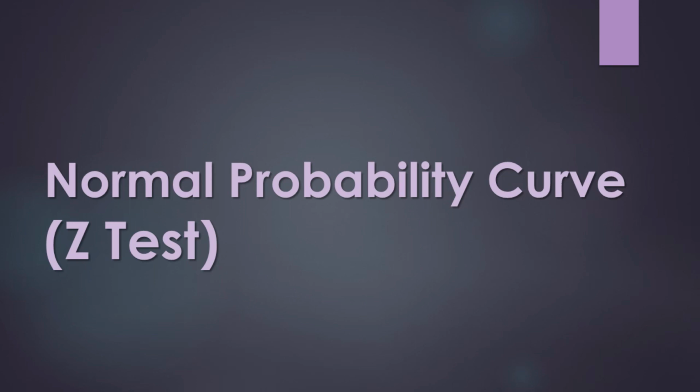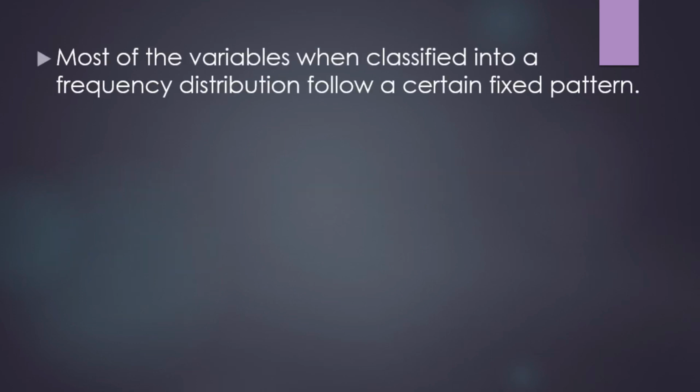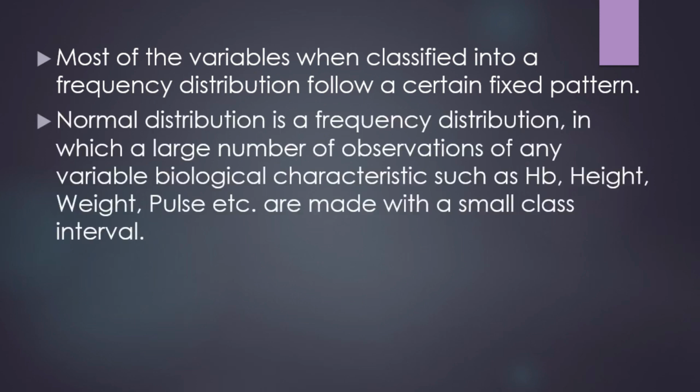In this video, we will be discussing the probability curve or Z test. Most of the variables, when classified into a frequency distribution, follow a certain fixed pattern. This pattern becomes more and more consistent with the increase in the number of observations. A probability distribution is a function that describes the likelihood of obtaining the possible values that a random variable can